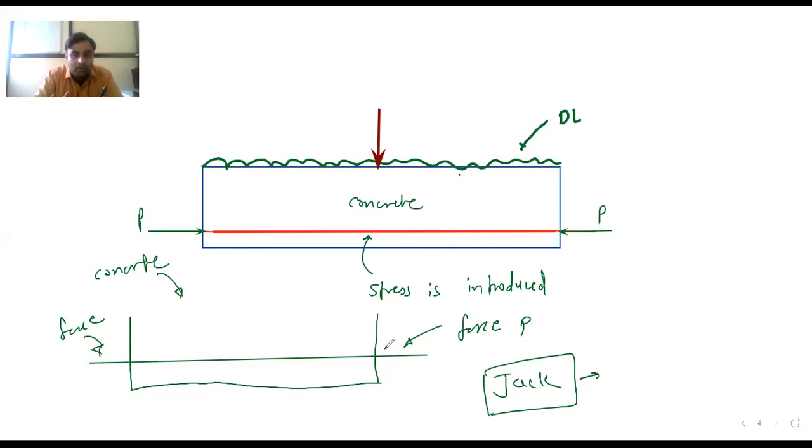So what we will do is attach the jack here. In the books the figure is shown in some way like this, and this is called the jack. We attach one plate below this jack. This is called the bearing plate. So the purpose, or the work, of this jack is to introduce the stress in this tendon. What is the purpose of this jack? To introduce the stress in this tendon up to our desired degree.